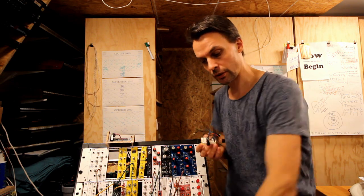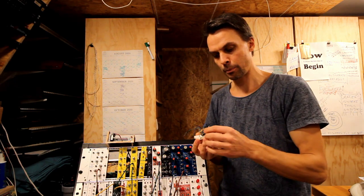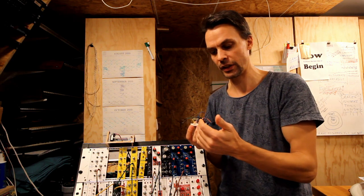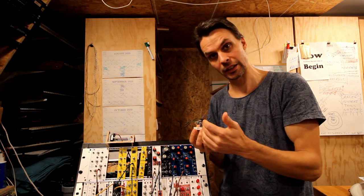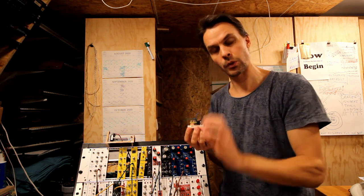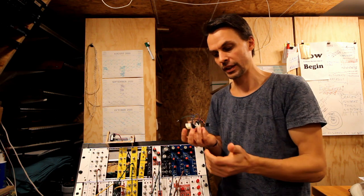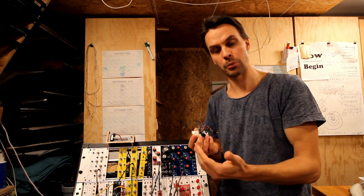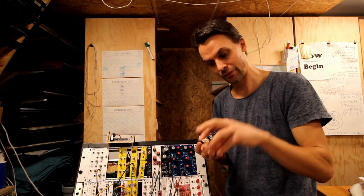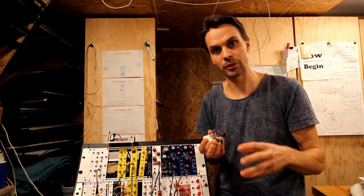So basically, following the schematics on this paper, you will get perfect half of the voltage in the middle, and then on the sides you will get 1.5 times the input on the outputs. So this circuit does give a bit of a boost as well, but using the resistor values that I kind of figured out, I just sat down in